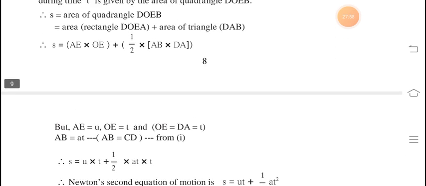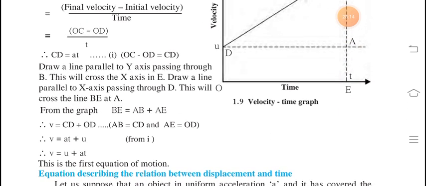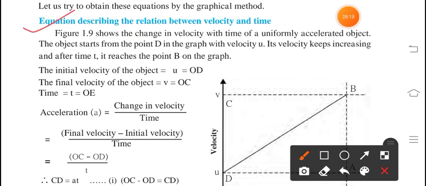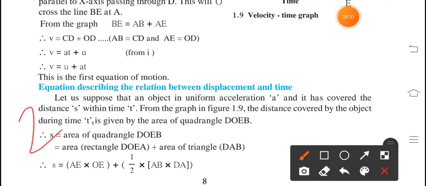And with that also, whatever teaching part there is every day, whatever things I am teaching you, like types of equations and all, that also you have to write. For example, first, you have to write these two equations describing the relation between velocity and time: this is number 1, and number 2 is this. These two equations you have to write in your notebook.